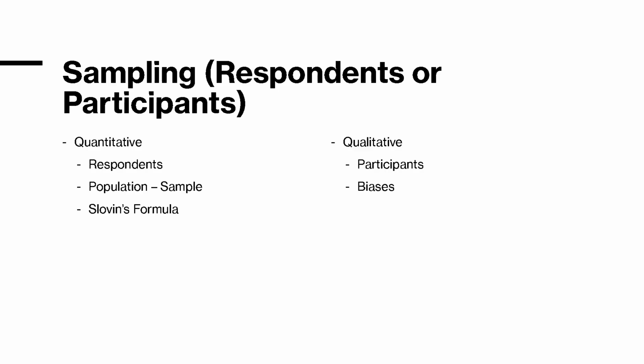However, I want you to study the biases, or your reason why they are the people that you choose in a qualitative research. So you need to declare the biases. For example, if your qualitative research is about students being late, technically one of your primary biases is the students that are late. So those are the things that you need to declare. For example, female students that are late, age 14 to 16, those are your biases. So you need to look at that and you need to do that.